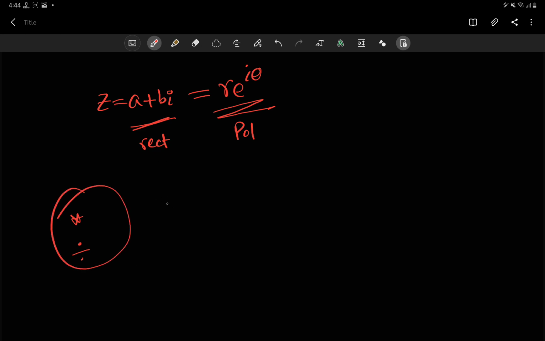So for example, 3 plus 2i, that's one way to write a complex number. Okay, then this is our z. Then we can say that our r is the modulus of z, which is root over 3 squared plus 2 squared, and that is root 13. So this is our r. And our theta